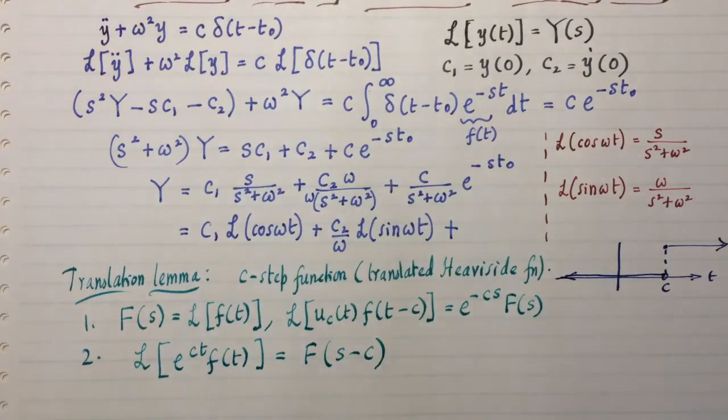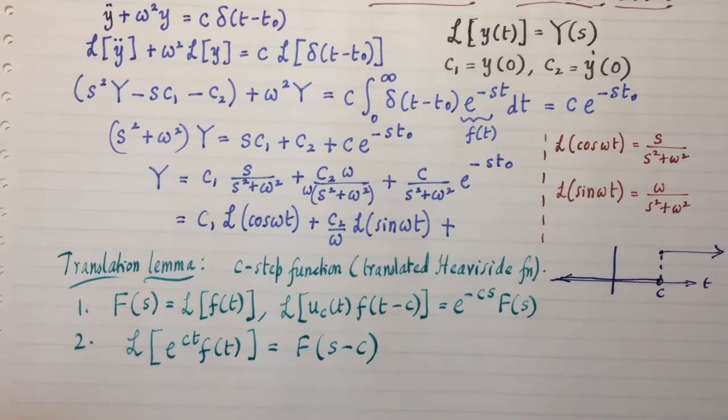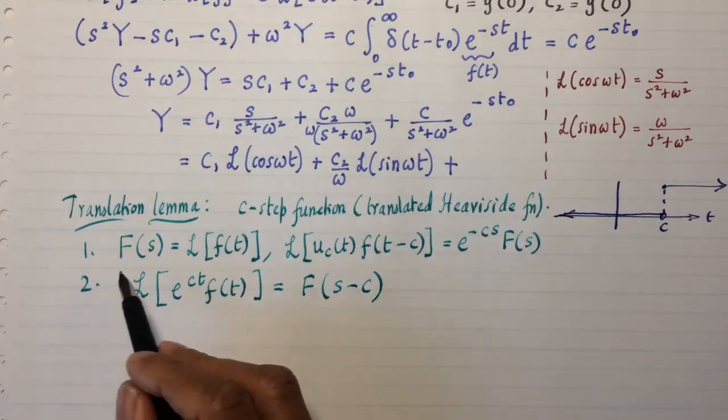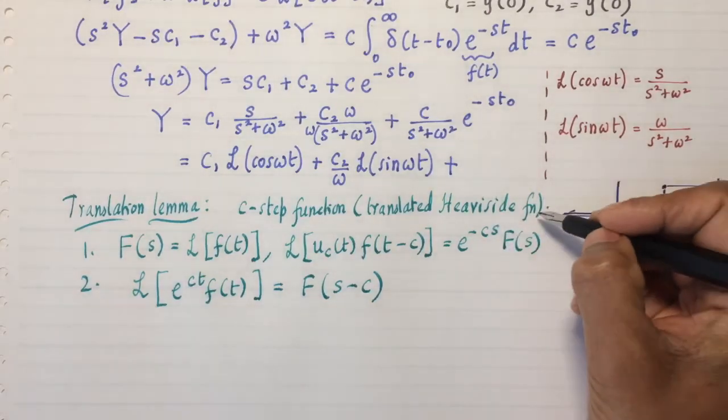I will assume these lemmas to be given to us, and we can use them to solve the problem of impulsively kicking a swing with your cousin on the swing. So translation lemma 1 is what we need to use. Applying it, I'm going to get,